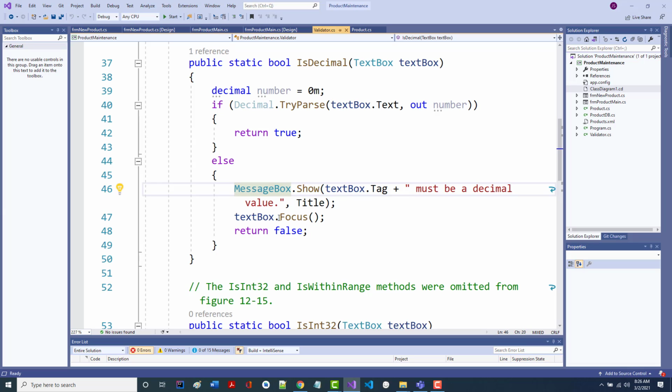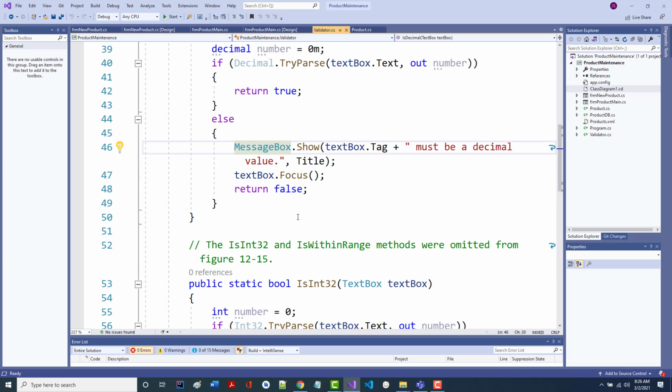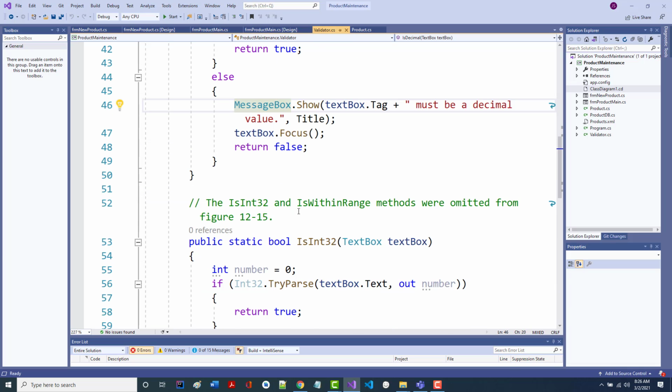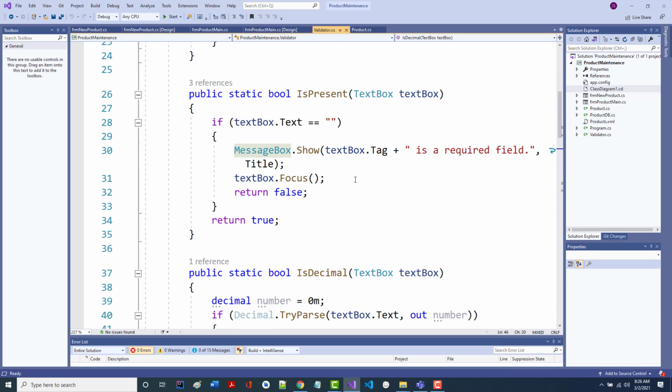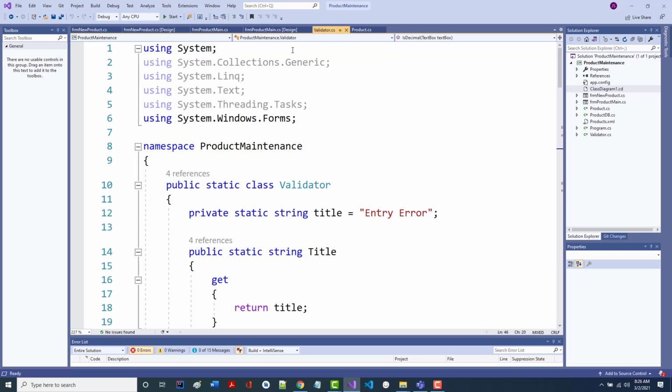We're going to set the focus there, and we're going to return false. It's not even going to allow us to put in, as soon as we put in something wrong, it's not even going to take it. This stuff, they're not even going to talk about right here. This is the isInt32. We'll talk about that, as it says, in a later chapter. All right. So that's the validation that's done.